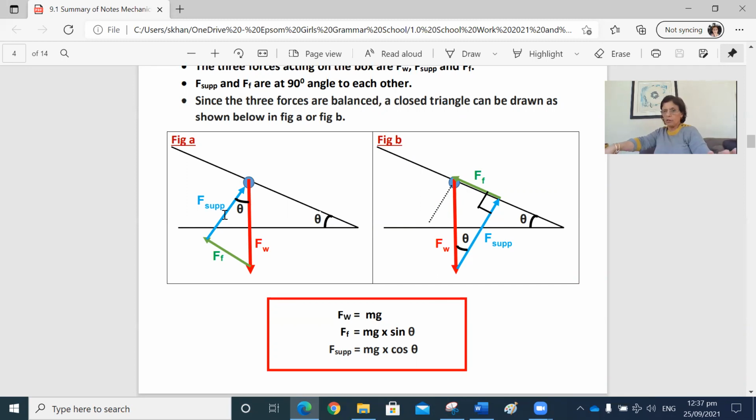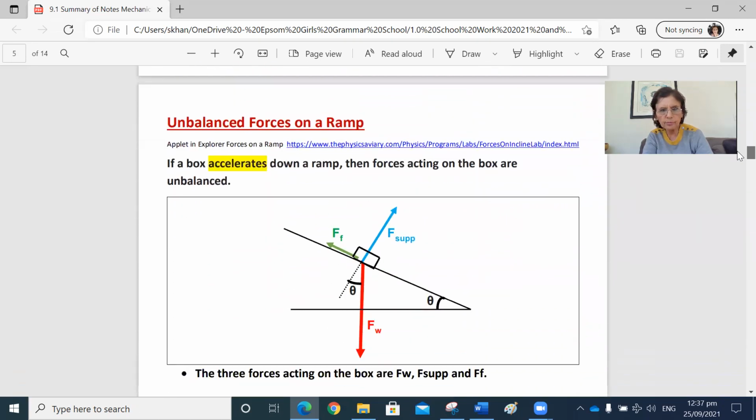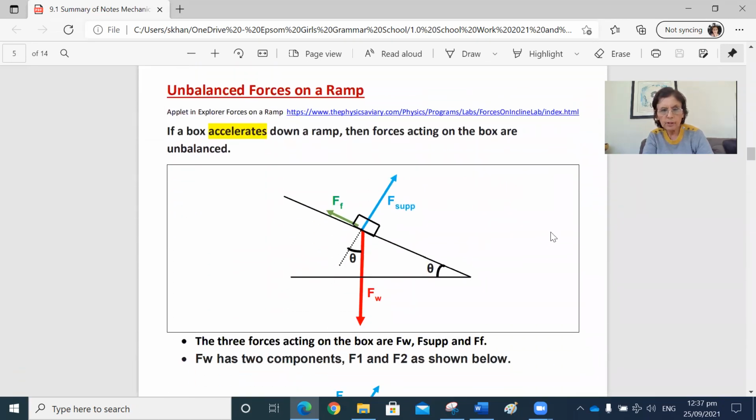Next, we will look at when forces on a ramp are unbalanced. So again, these are three forces, but because these forces are unbalanced, the object might be accelerating downwards, or it might be accelerating upwards. So let's see, how do we do this one? Because forces are not balanced,